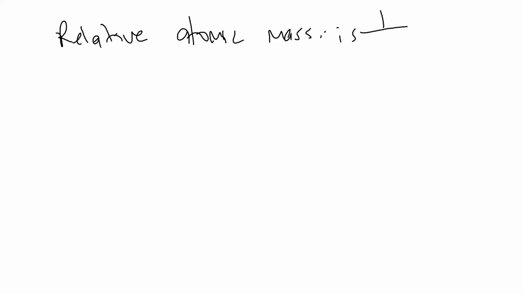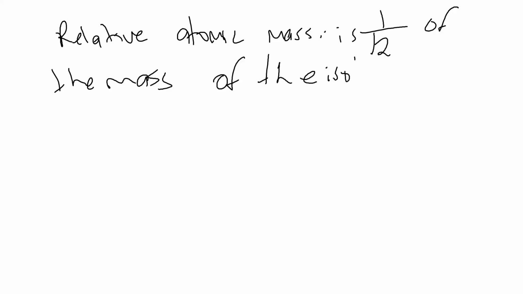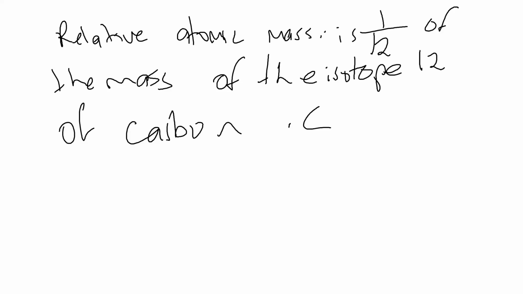Okay, what is the relative atomic mass? They might ask you about the relative atomic mass. It is 1 over 12 of the mass of the isotope 12 of carbon, C-12. The mass of C-12 equals 12,000 AMU,